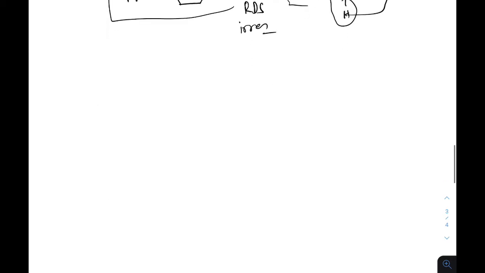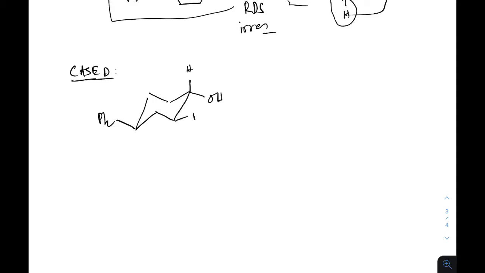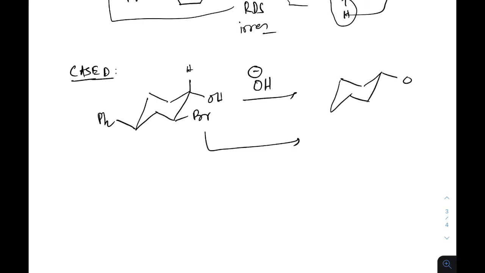Now if we discuss case D, this is the most vital case. In case of D, now there are two questions. There is a different product in the presence of base and in the presence of silver plus. Okay, now in the presence of base, it will take the proton and form this type of intermediate, O minus, Br, pH. Okay, and in the presence of silver plus, there will be an intermediate like this,